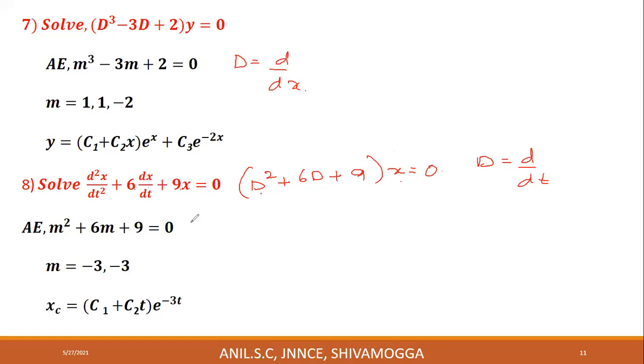Its auxiliary equation is m square plus 6m plus 9 is equal to 0. That can be written as m plus 3 whole square equal to 0. This is the expansion of m plus 3 whole square. M plus 3 is equal to 0 implies m is equal to minus 3 and it is repeated. How many times? 2 times. Therefore, 2 roots: m is equal to minus 3 and m is equal to minus 3. Now, what kind of roots are these two? Which rule is applicable? These two are real and coincident roots. Therefore, rule number 2 is applicable.